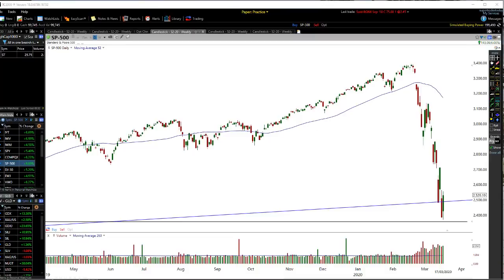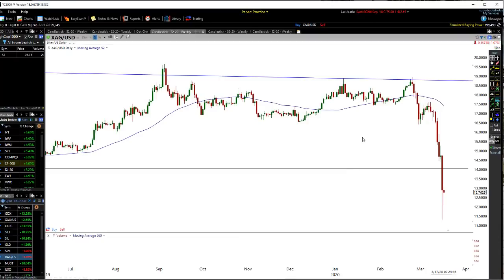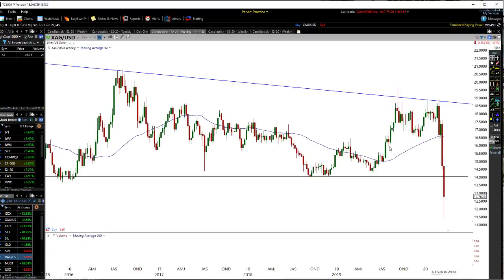So anyway, that's the difference between trading and investing, okay? Let's go have a look at silver and gold right now. Actually, let's look at silver first, and then I'll get to gold. Silver right now, once again, has dropped below this low level through here. This could be our final low point before we see the big markets. What I'd like to see is this do maybe 1 or 2 weeks just here doing nothing, so it has a bit of a base,